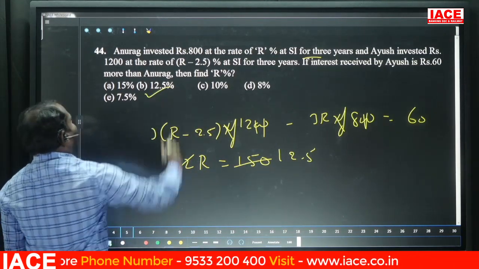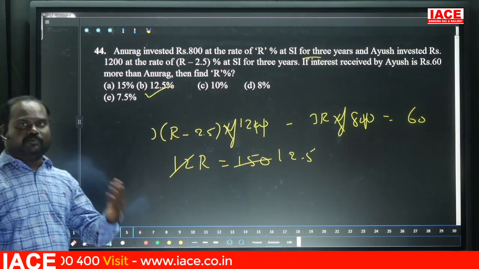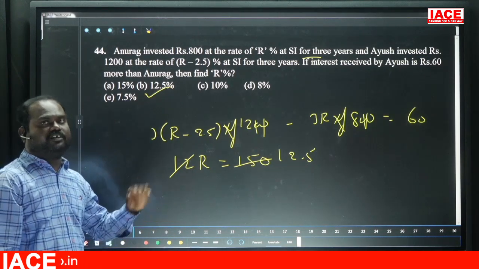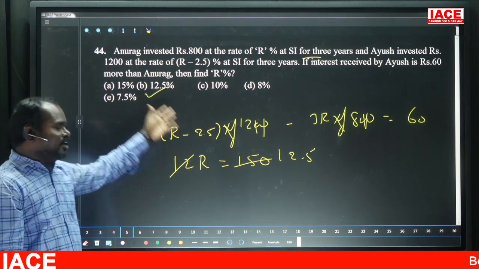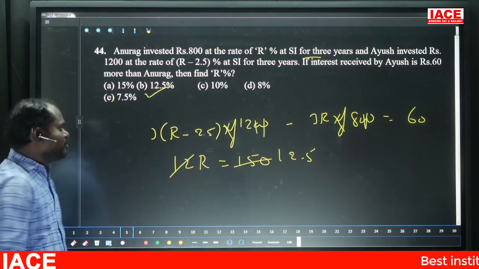Option B. Otherwise, we can move on one by one with option verification, checking which option will satisfy the condition. So by taking one option at a time, we can solve it that way also. Next,